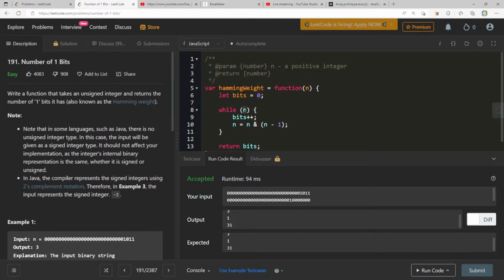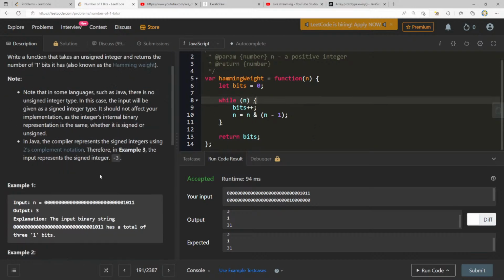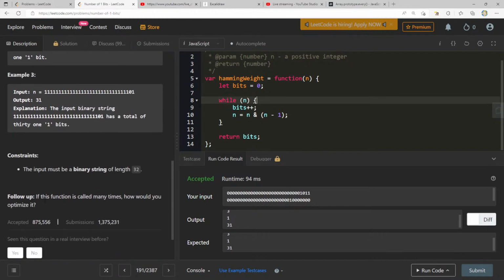This will only run for as many times as there are set bits. So you've effectively decreased it. The other approach would always run 32 times, but here we're only running 3 times since there are only 3 set bits. So I want to think that's the optimized answer. Even though they're both still constants, a constant of 32 is not the same as a constant of 3, especially if you're dealing with this many numbers. Everything at scale is different, right?